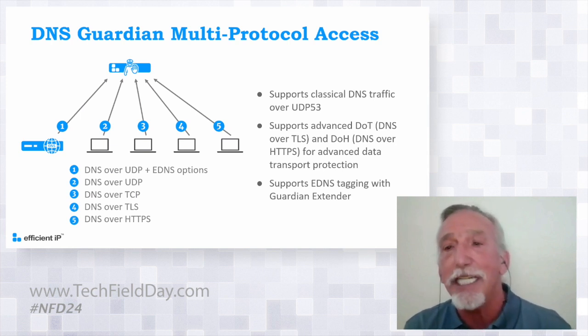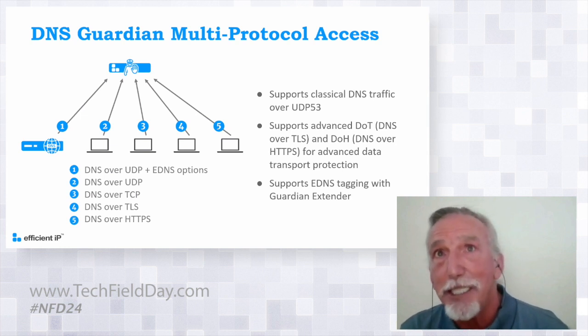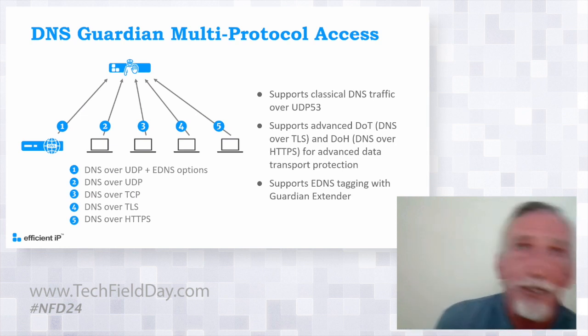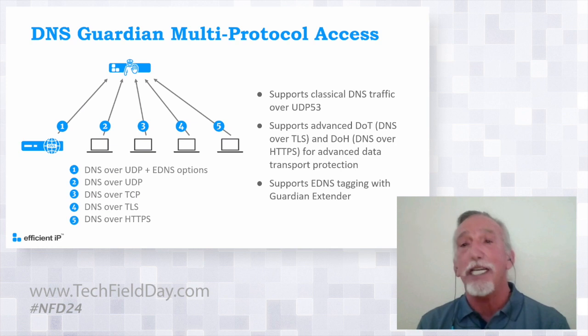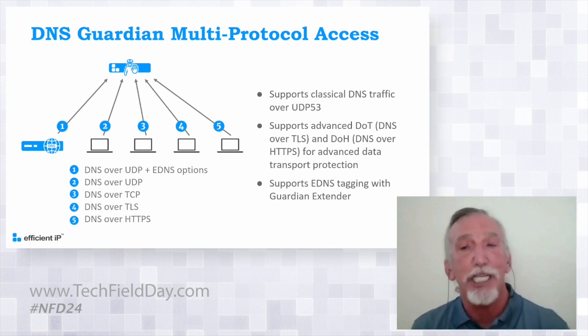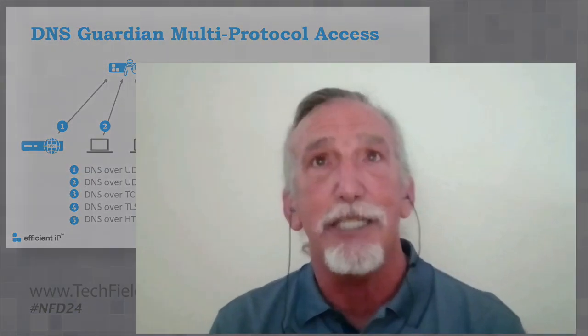Then we have the DNS over UDP and the DNS over TCP, right? And we do have customers that are doing that as well. DNS over TLS and HTTPS, those are the new ones, right? But because they're hitting the resolving layer, I'm able to address those without having to go and change everything else that's running in the world. It makes it real easy to implement these kind of new protocols.